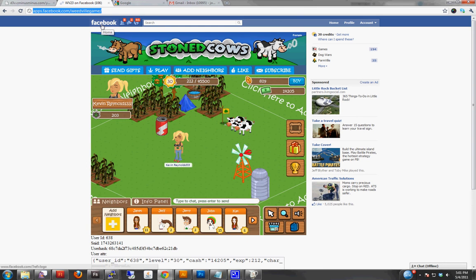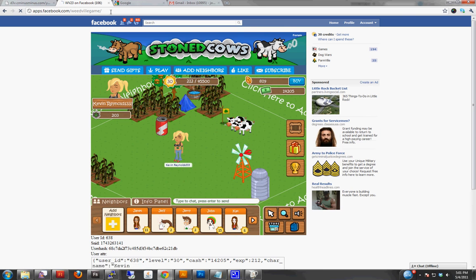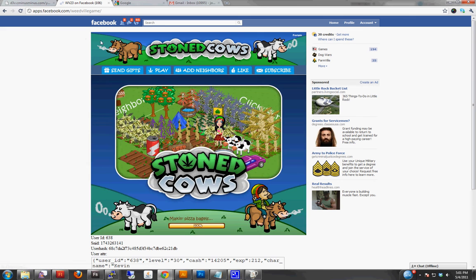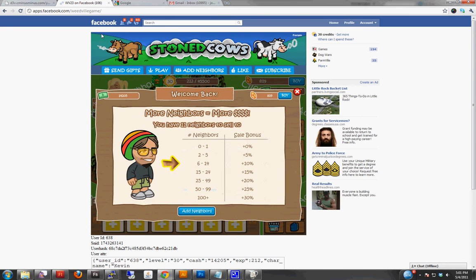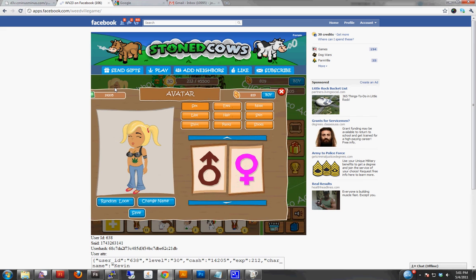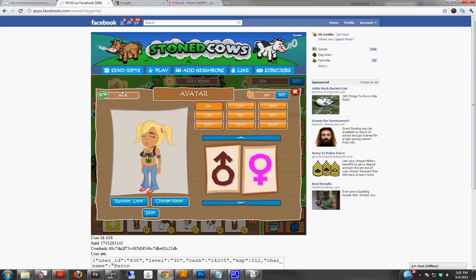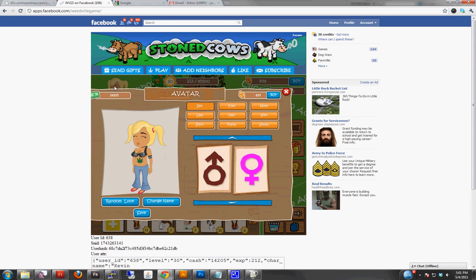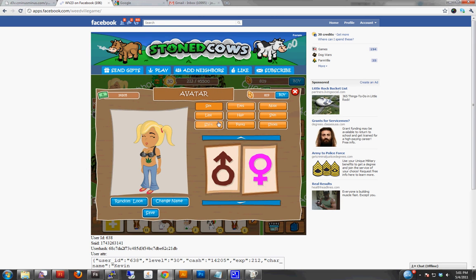we go to the test version of the game, which is apps.facebook.com/weedvillegame, and refresh. You always have to refresh, otherwise any updates you do won't show up. Let's click the avatar in the top left corner up here. Just click that right there. It'll bring up the avatar customization pop-up window, and you can actually see